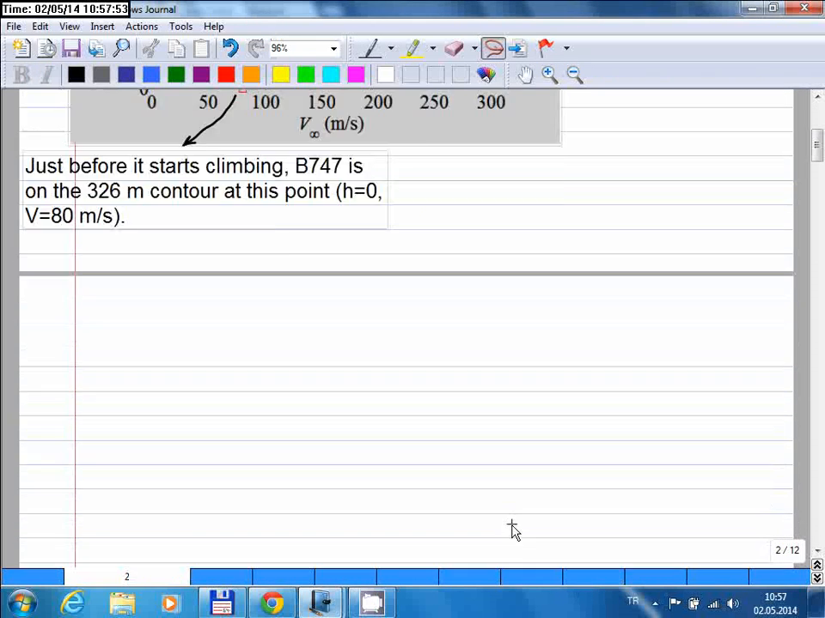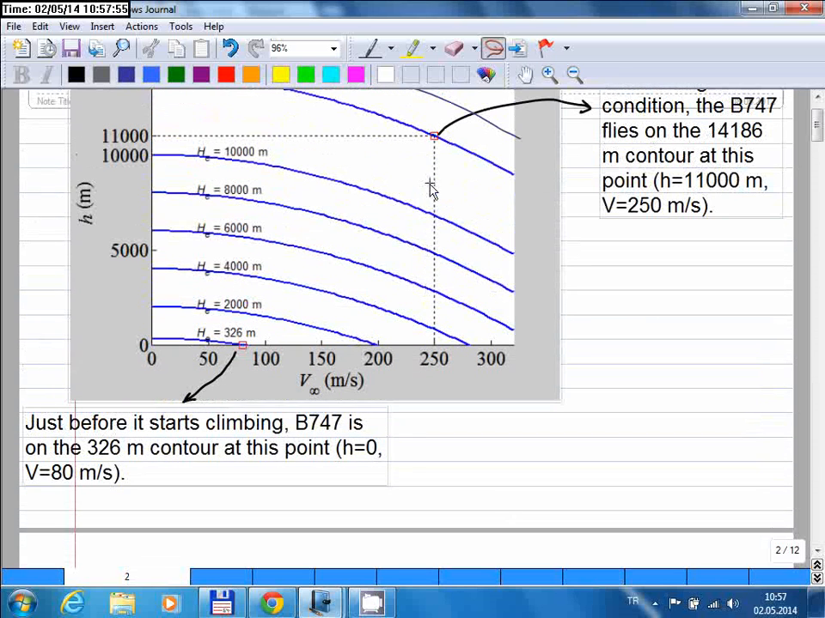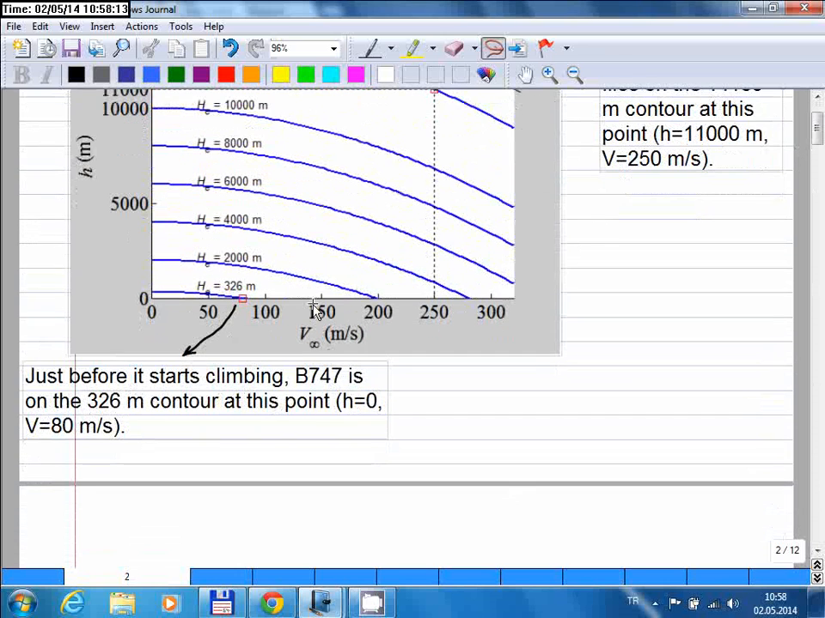Okay, so before I proceed from here, let me just explain the connection between the plot we saw earlier and this new plot. These are constant energy height contours, but not every point is a flyable point, right? So what I mean by that is